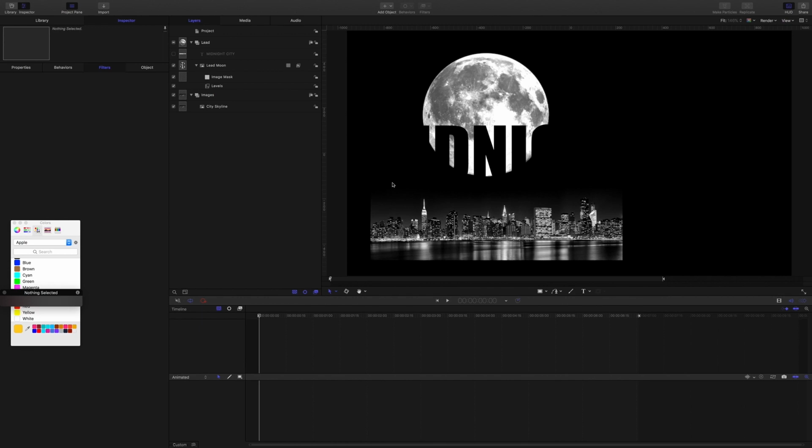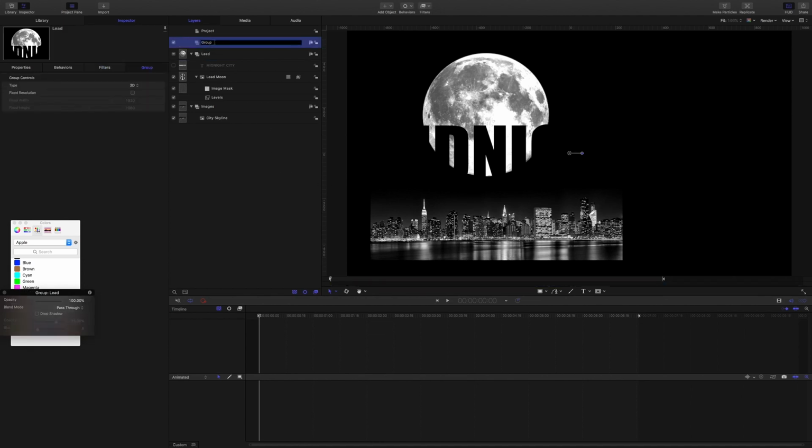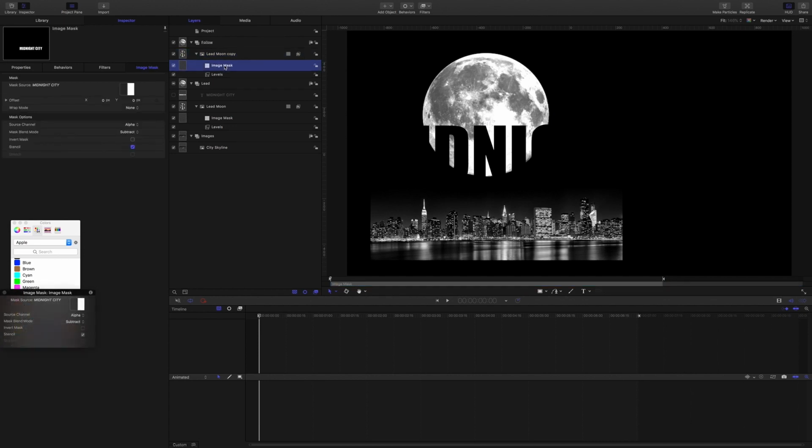Okay, so we have got the moon masking out the titles, and what we want is for the titles to be revealed anywhere that the moon isn't. So we'll do that by adding a second group. I'll call this group the follow group. I'm going to duplicate the moon and drag that into the follow group, and I'll delete the image mask,